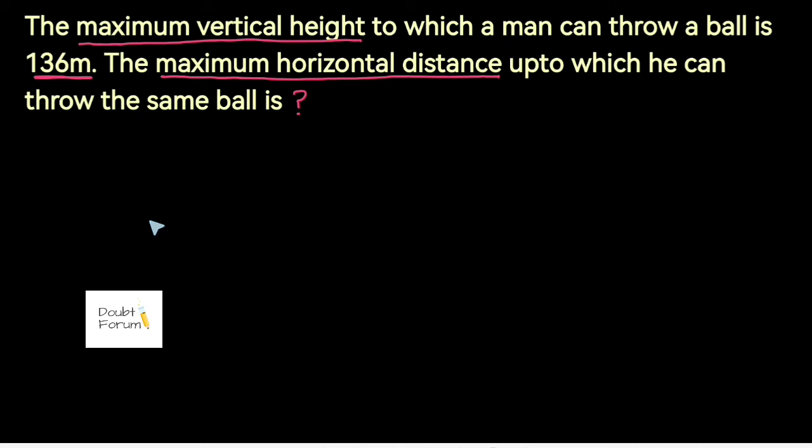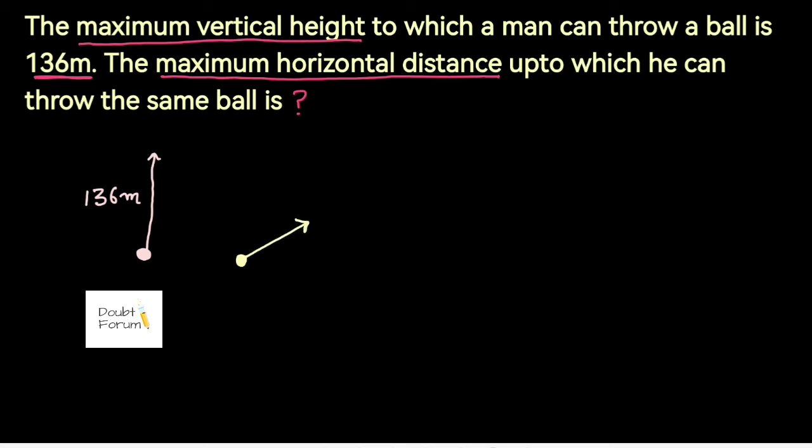So the first case is, this is a ball. The man throws it up. The ball goes to a height of 136 meters. And then of course it would come back to the man. In the second question, he is throwing the ball at some angle,